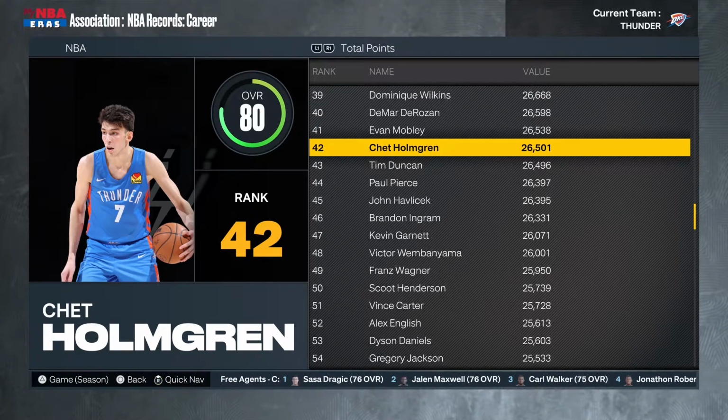So that is going to do it for the Chet Holmgren career simulation. All in all, a very impressive career. Has those 6 rings and that 1 NBA Finals MVP. I would have liked to seen a little bit more. It seems like he was the world's greatest second, third option on a championship team, but that will do it